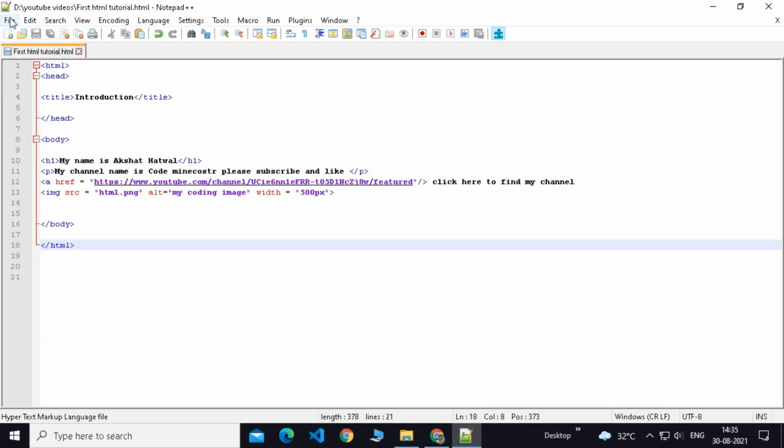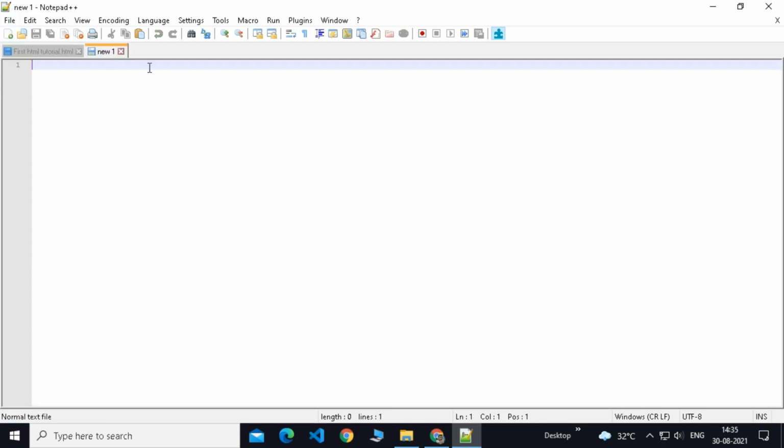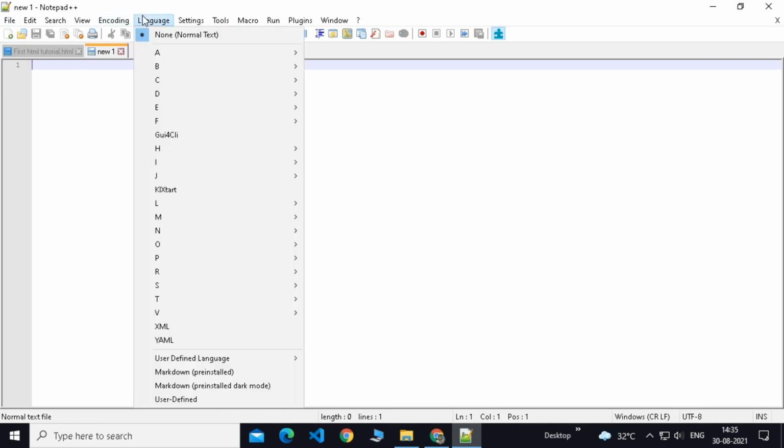First go on new and then you will have a new file open. Go on languages. By the way, there are this many languages in the whole programming world. We are just going to focus on HTML and CSS. I know C, C Sharp, C++, I know many languages, but I am going to teach you CSS and HTML. Later on, I will teach you Python and then Java, or maybe even C language. But let's go on C, then CSS. Click on the last option, which is CSS.